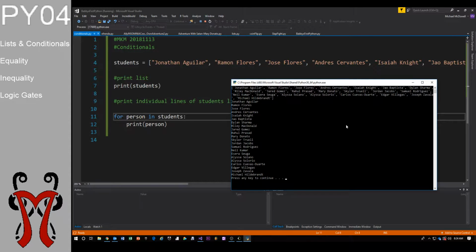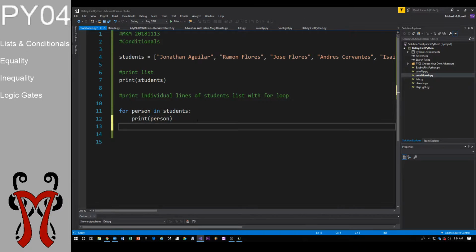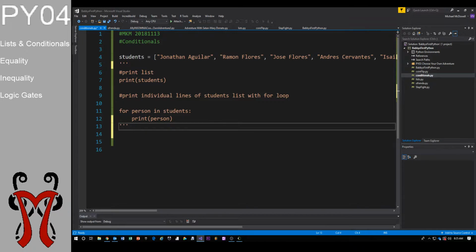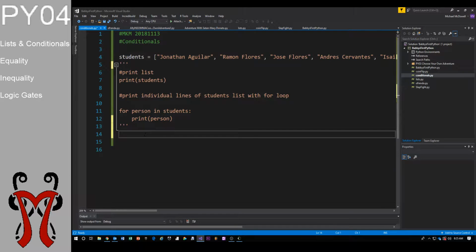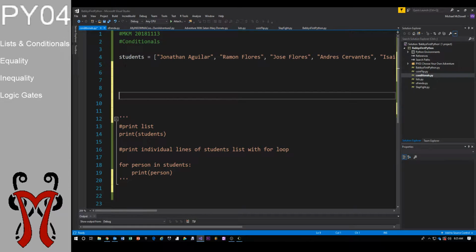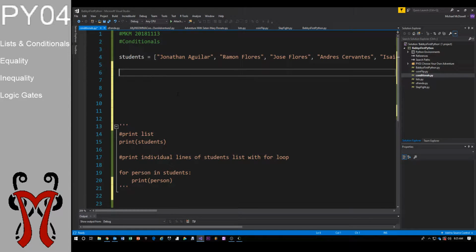Alright, let's see how we can use conditional statements with lists. So right here, I'm going to comment all of this out except for the actual creation of the students list. I'm going to keep using that. I'm just going to comment out this stuff right here. And actually, I'm going to push it down this way. Alright, so what I could do is for student in students,